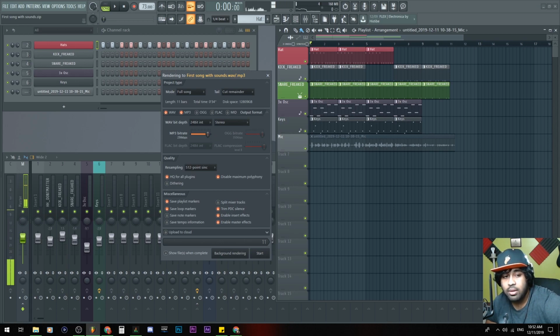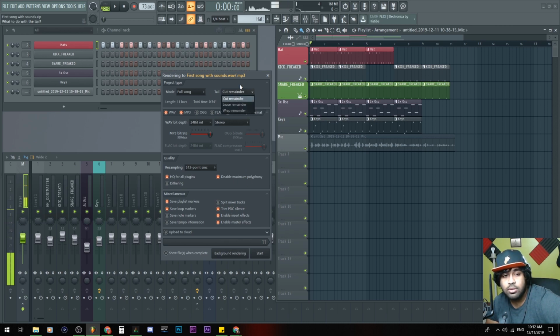This is the bit rate that will be for you. I think the default is 160. Drag it up to 320 if you want the highest for it. WAV file, you could set it to what you want. I like 64 for stereo. The quality, I have it set to 512. You could basically copy everything here that I have set.